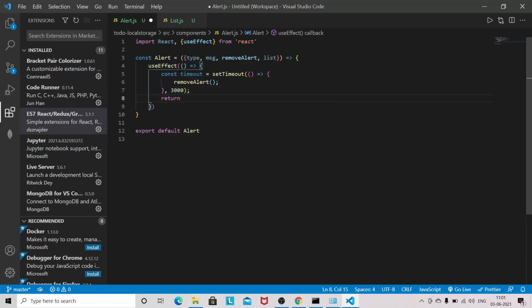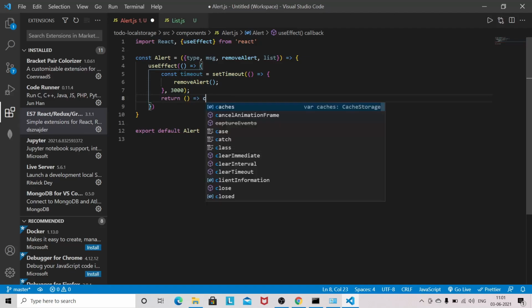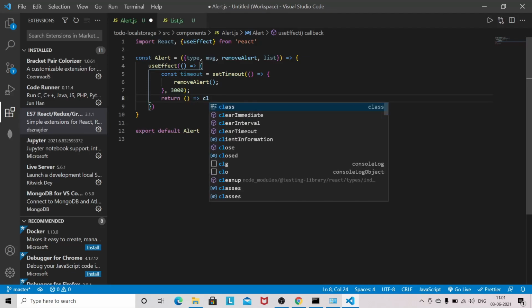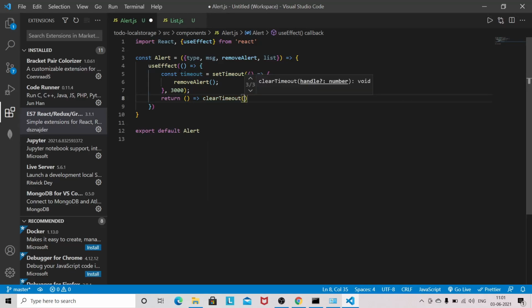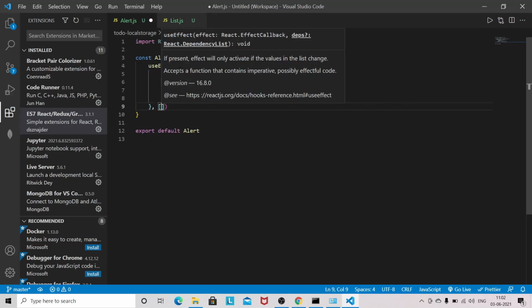Also we need to do an unmount, because the message will get removed from the UI. This is the way to use componentWillUnmount in React hooks.